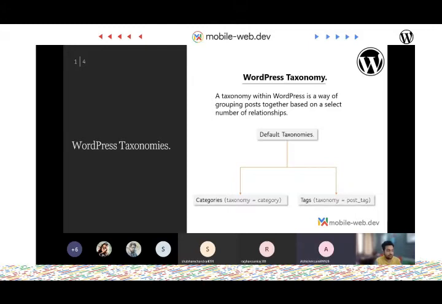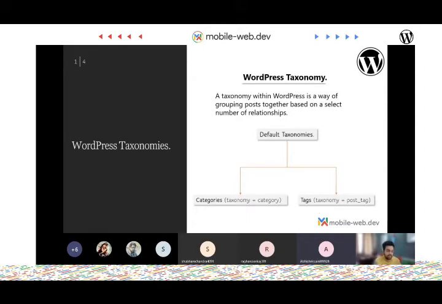By default, WordPress offers two kinds of taxonomies. One is categories and one is tags. Categories, as the name suggests, are a categorical format of storing content. Whenever you go to Netflix, if you want to watch an action movie or a comedy movie, those are the categories of movies. You can apply a category to a post. Sorry, pages don't have taxonomies, but you can add them using custom taxonomies, using CPT, which we learned about yesterday.